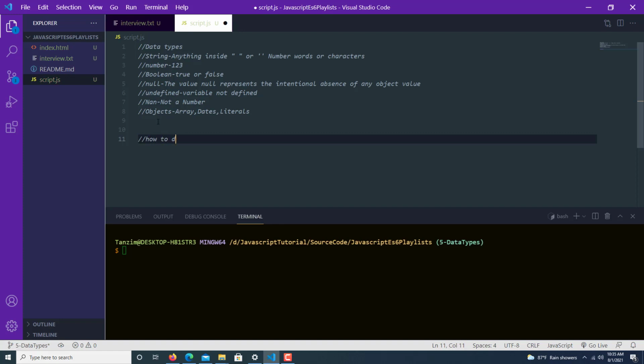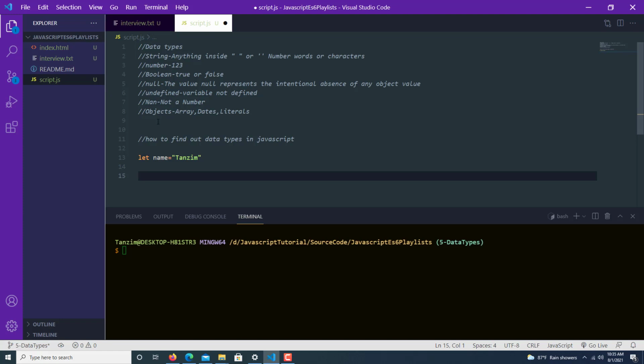So how do we find data types in JavaScript? There are many other data types in JavaScript too, but as of now, these are the main things. Suppose let name equals to, console log type of,